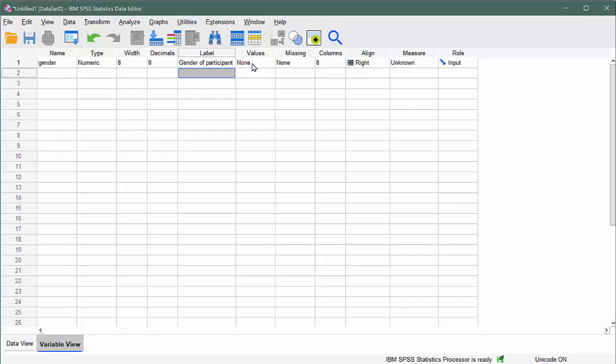Right here, I have an opportunity to add value labels. And that's because in SPSS, we don't typically put in words like male or female. We're going to put in numbers to represent those categories. I'm going to put in a 1 for male and a 2 for female. And that's not really anything that's intuitive. So I want to make sure the output is labeled, and I want to make sure that everybody understands which group is which. So I'm going to click on this, and you see the ellipsis,